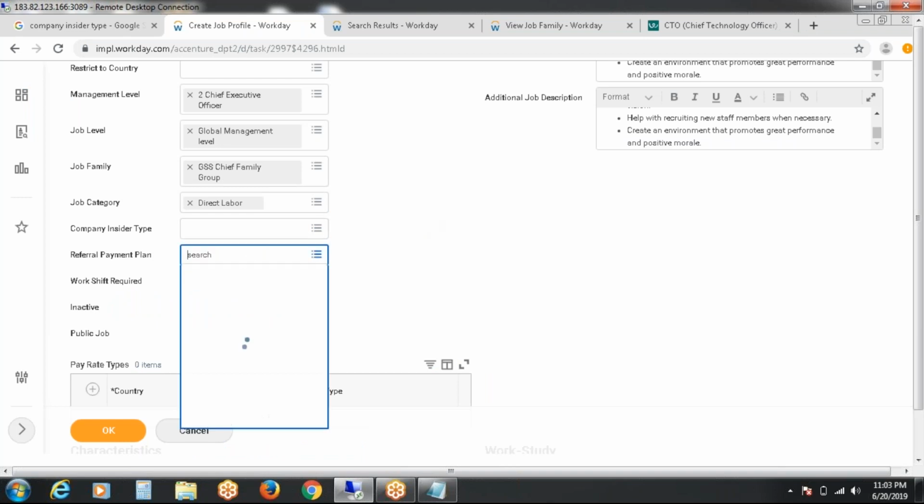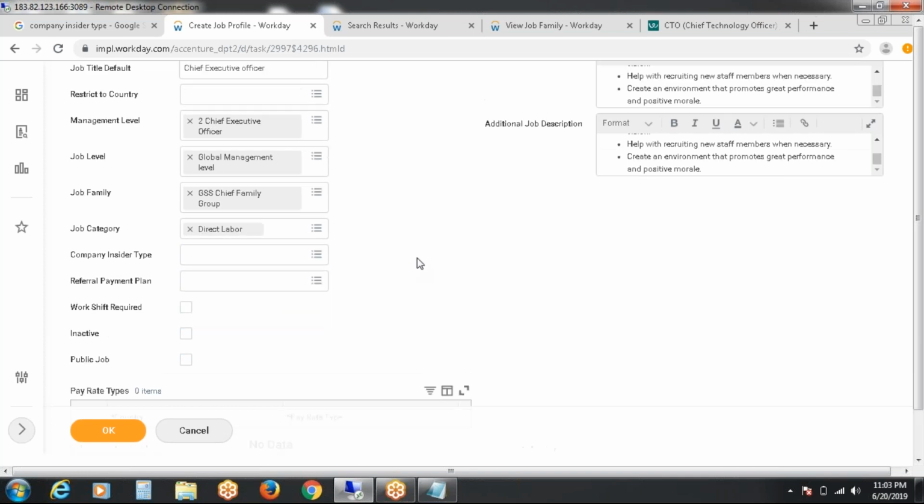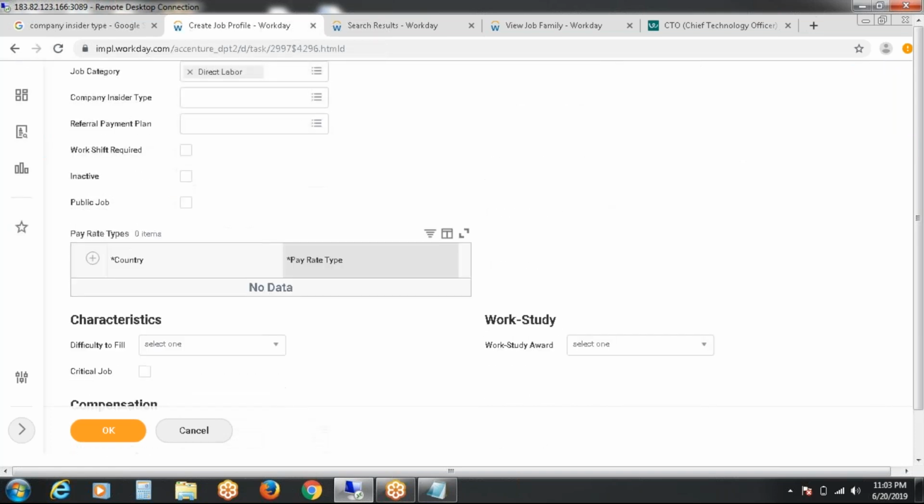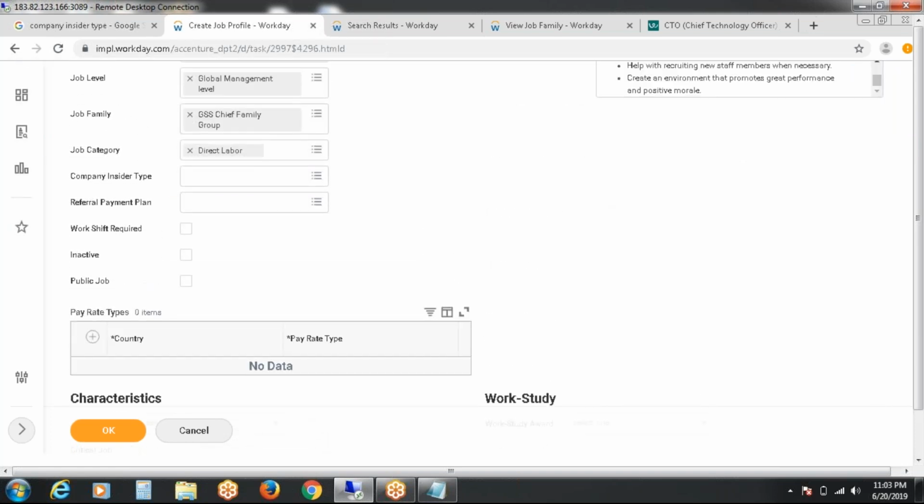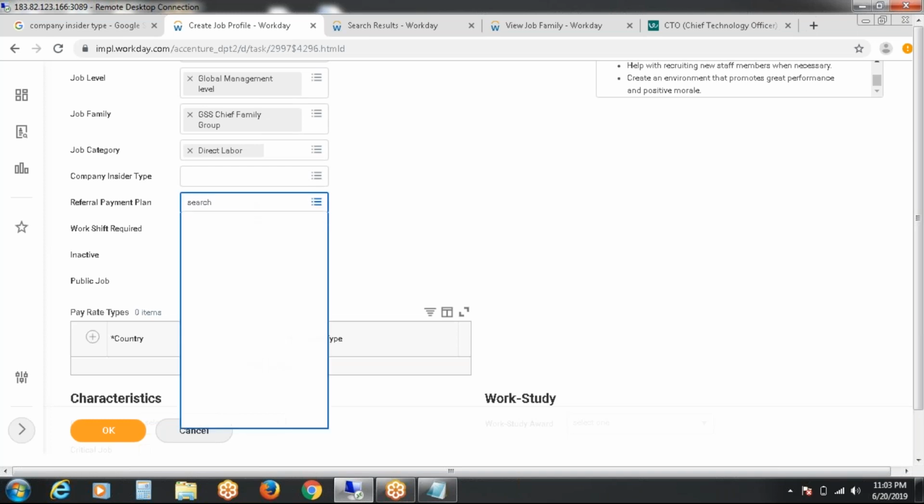And what is meant by referral plan? Either promotional referral or standard referral. If I am going to refer a CEO to the company, the company will already have announced either a bonus referral, promotion referral or some other monetary based referral. This referral process will not be applicable for these high level positions. Only for executive level or manager level positions can we refer candidates, not for these employees. So I am not going to select this.